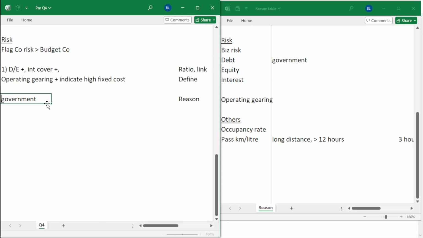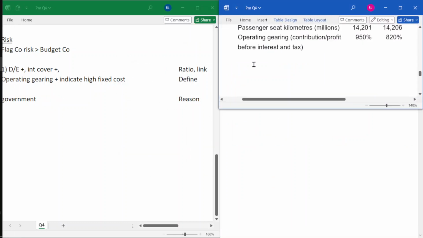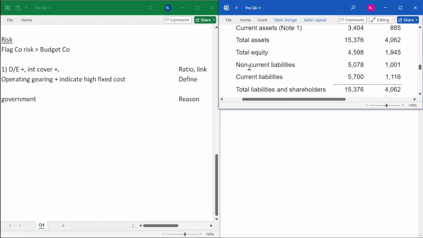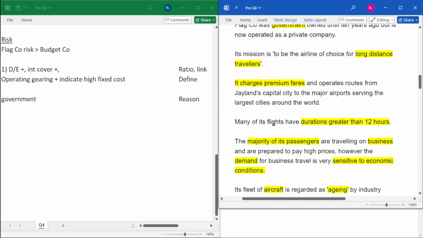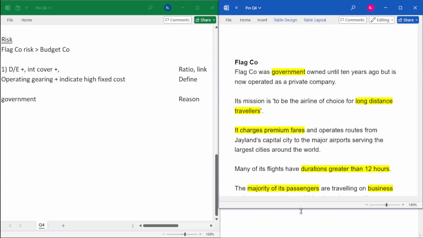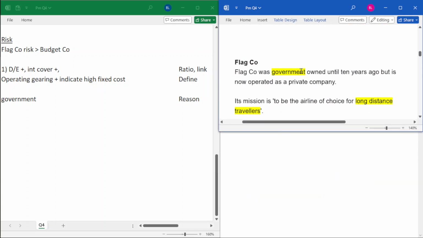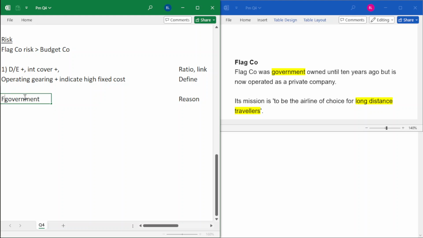Where is government? Yeah, here. Flagco was previously owned by the government. Therefore, it faces a high amount of